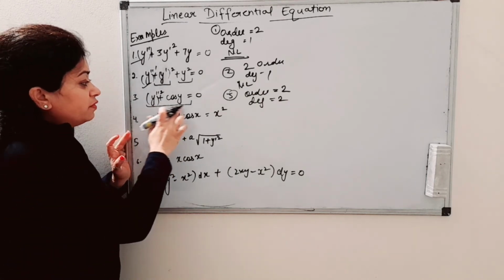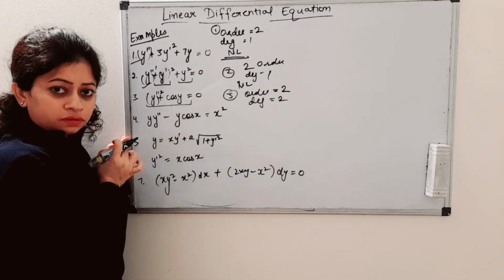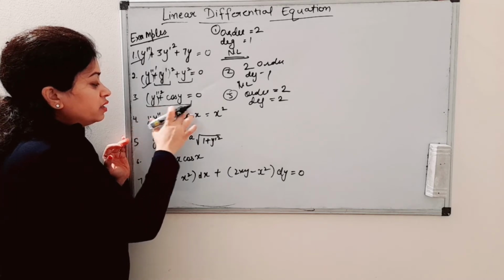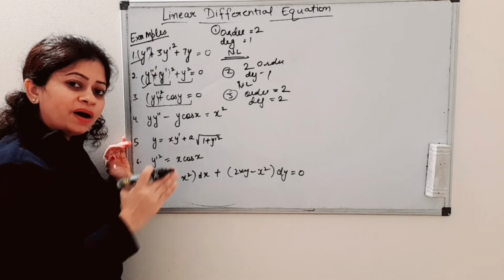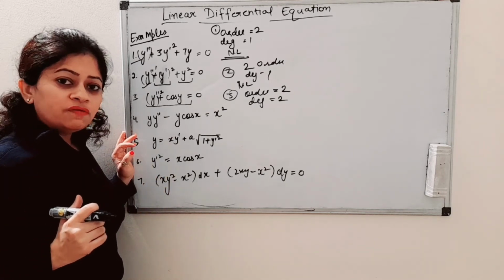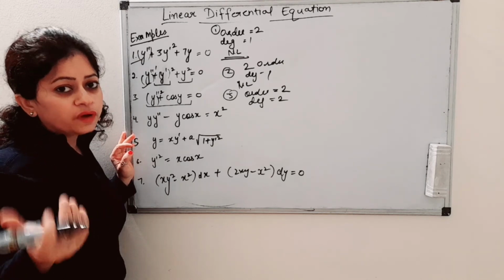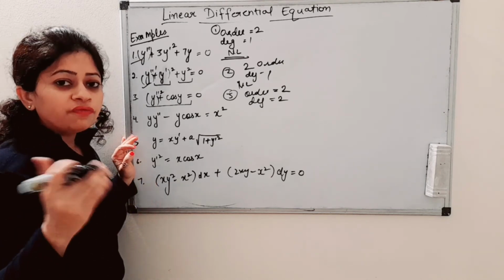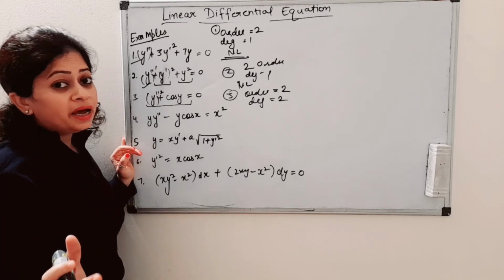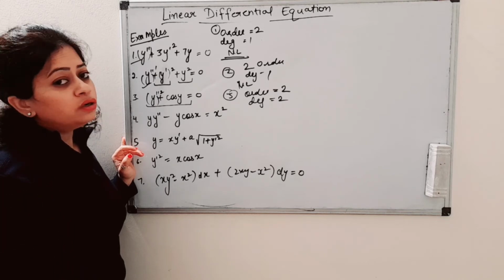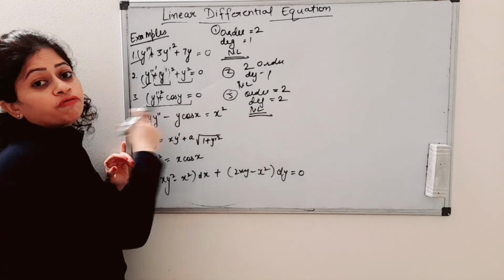See, if we have this example, we have a transcendental function. Okay, we have cos y. How do we solve this? If we expand this function, we will have powers of y. We know the expansion of cos y. If we expand this function, we will have powers of y. If we have powers of y, can that equation be a linear equation? No. So this is a non-linear equation because it has powers of y.